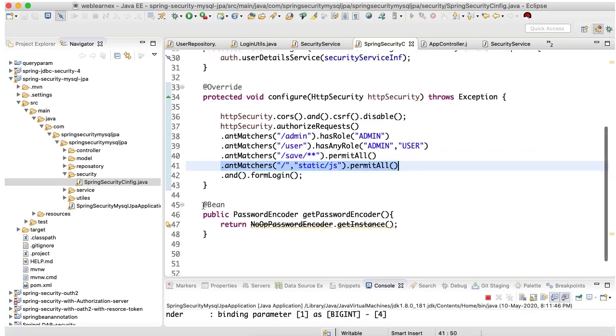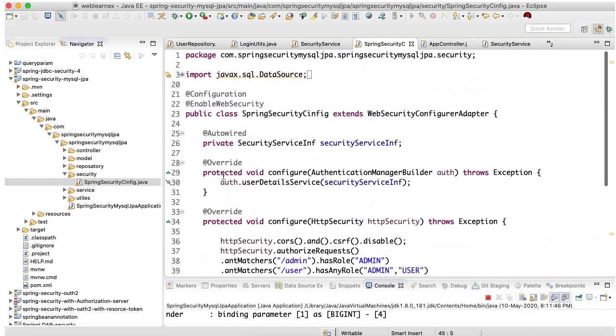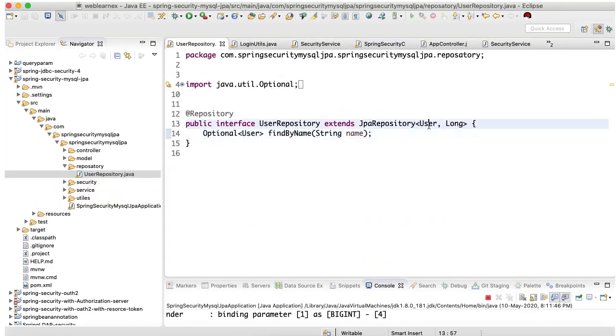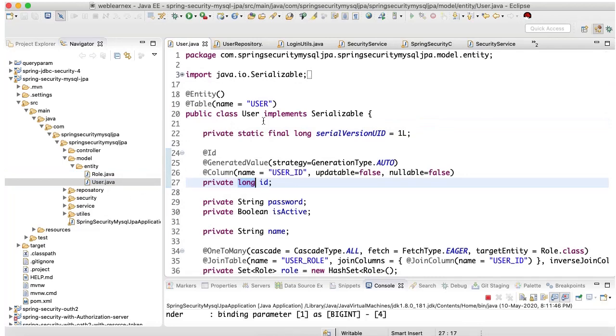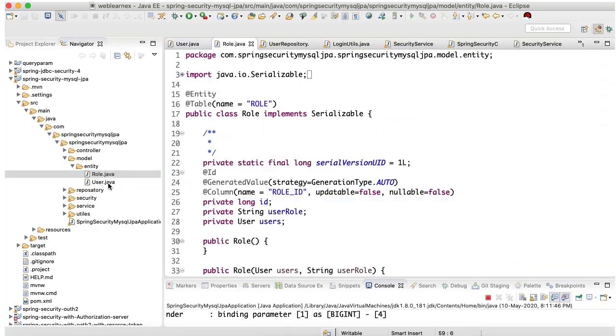This is my password encryptor, as I discussed in the earlier video. And in the repository I have created one CRUD repository and I pass my user here. And in the model there are two entities, one is the user and the second is the role, and both have a one to many relationship.